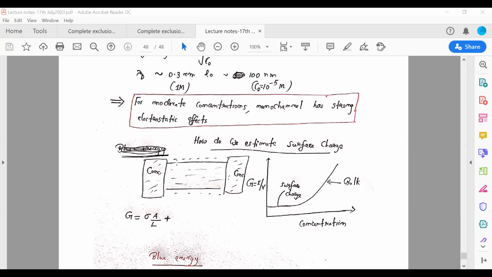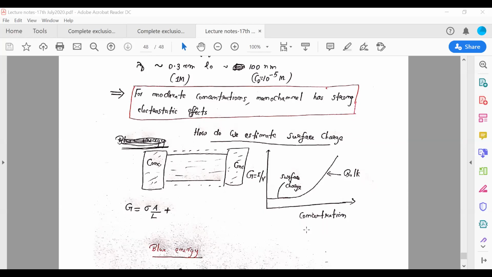So in the case of ion transport, this is actually the surface charge concentration. I don't know the actual form of the surface charge, but what I am saying is this is the surface charge concentration. It could be impurities, it could be defects, other entities. But this can tell me what is the concentration of the surface charge. So from here you can estimate the surface charge concentration.